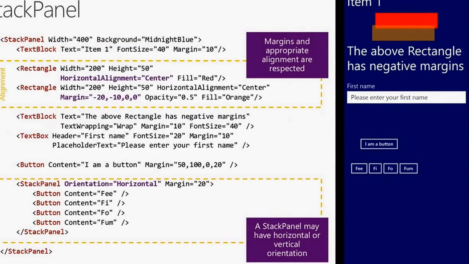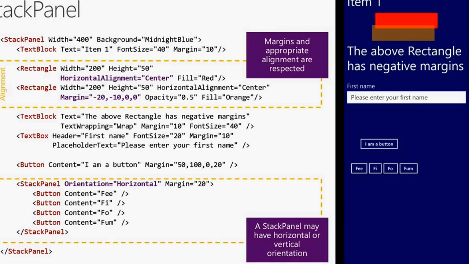So here are a few examples of a stack panel. What you're seeing on the left is the XAML, and on the right is what it looks like. At the top one we've got a stack panel, and you see that bit in the yellow. We've got a width of 200 and a height of 50, and then a horizontal alignment of center. So that's why that red rectangle is appearing in the center at a width of 200 and a height of 50. And then stacked vertically underneath it, because the default for a stack panel is vertical orientation,